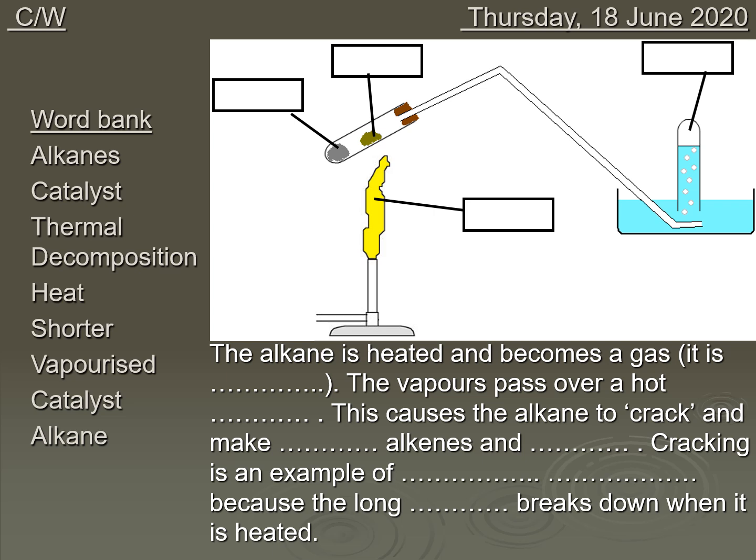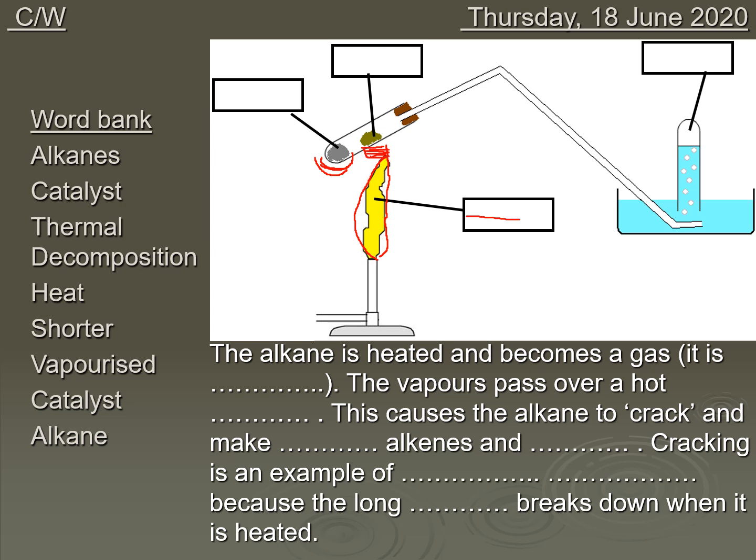So if we were doing this in a lab, first of all, you'd be using a blue flame, so I don't know why the yellow one in the picture. We've got in here some mineral wool, and that's soaked in paraffin. Down here, oh, I lied, sorry. That's the catalyst. And the modern catalyst is zeolite with an aluminium silicate coating, but ours is broken ceramics, which also contains the aluminium silicates. So when kids break crucibles, we just smash up the pieces and put them into this practical to use as our catalysts. Down here we've got the mineral wool soaked in paraffin, and then that of course is a Bunsen burner flame.